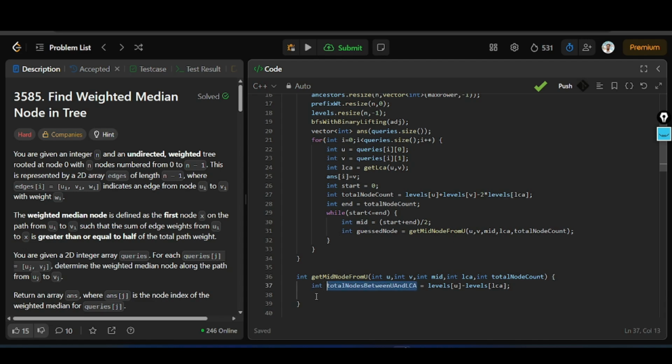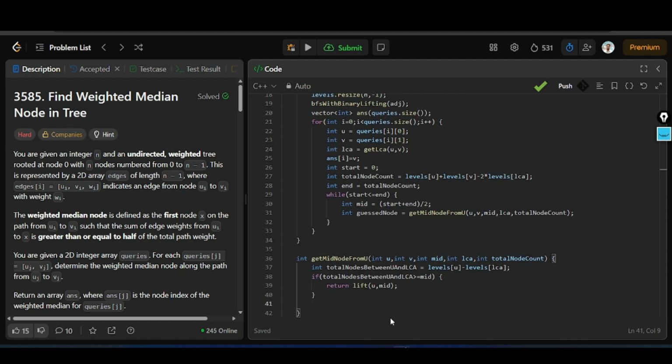If this value is larger than mid, or if it is also equal, then it's fine. In that case it lies on the left side or the U side, and I can just return lift of U comma mid, else I can